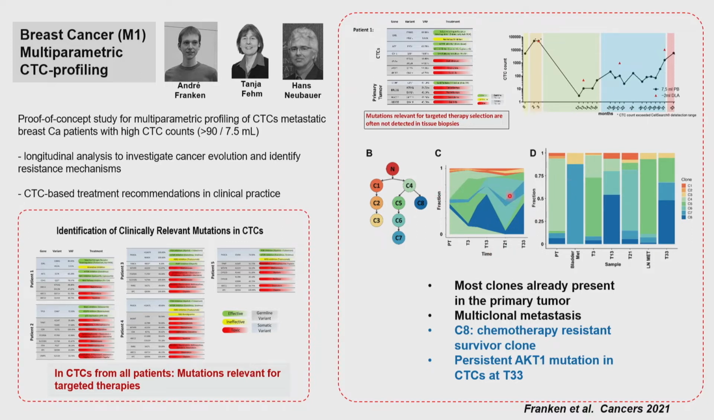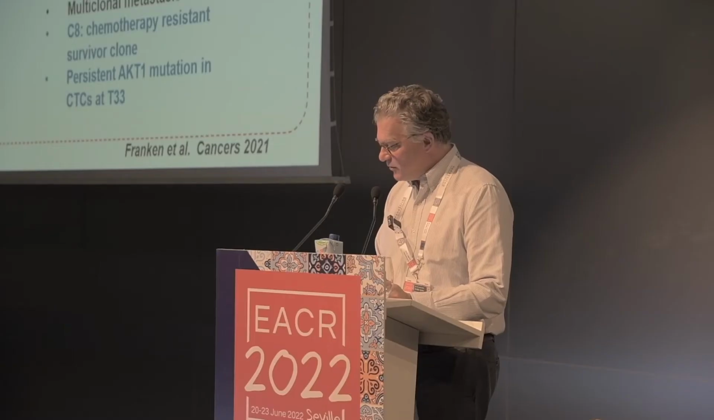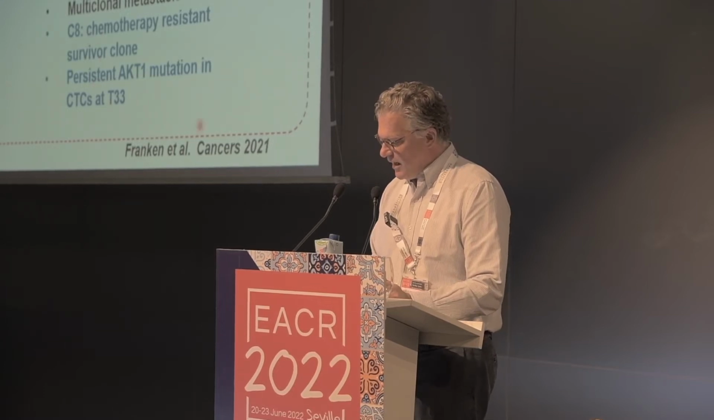I think it was quite interesting that they could also follow the dynamics here. And in one of the clones, they found something particularly of interest, clone 8, which they considered the resistant clone that seemed to drive the disease in the end. They found an AKT1 mutation,